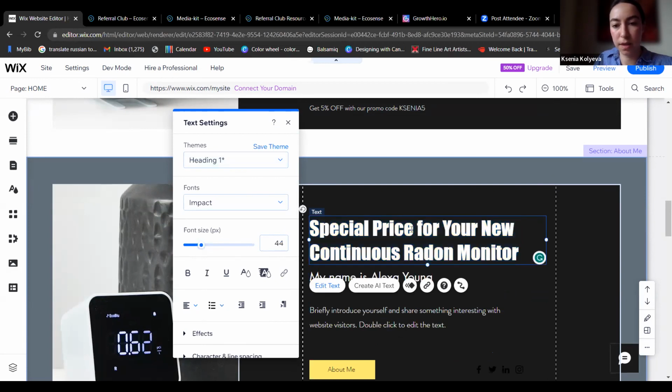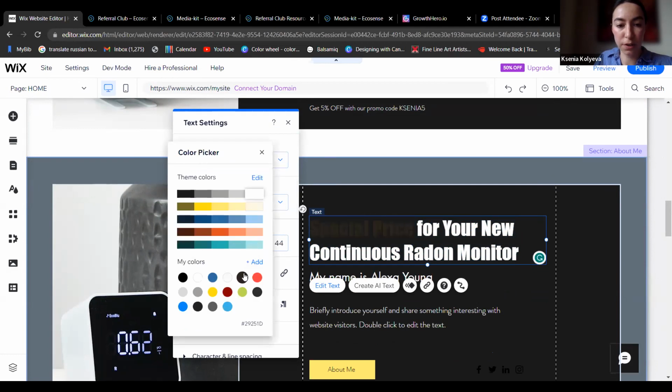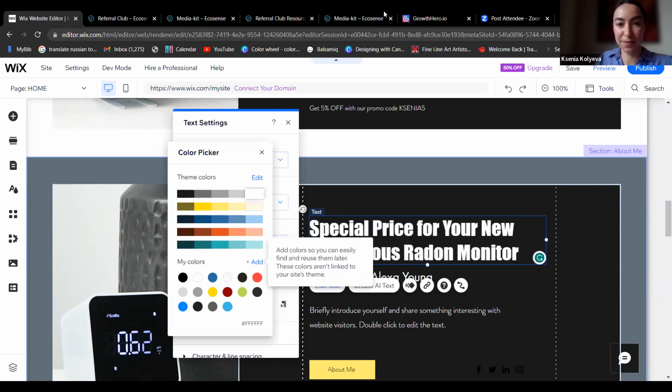And it's white on the black. And then for me to highlight this one in blue, I go to color, font color, and I added this one already here. So this is when our media kit becomes very handy, because you see that there's a color number. So this one has number 3D, B5, E6. I don't think you'll be memorizing all of them, but in order for you to add this number, you go to Media Kit,